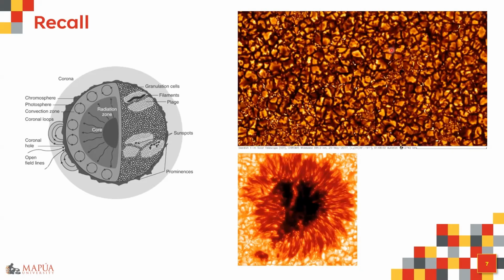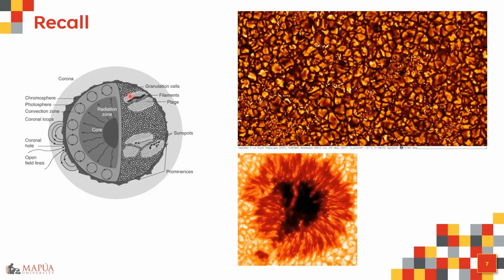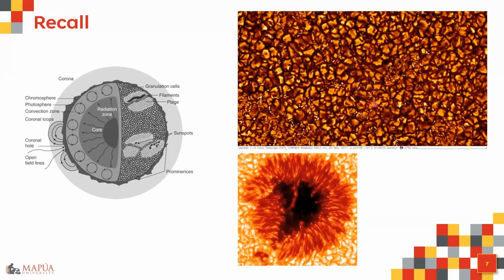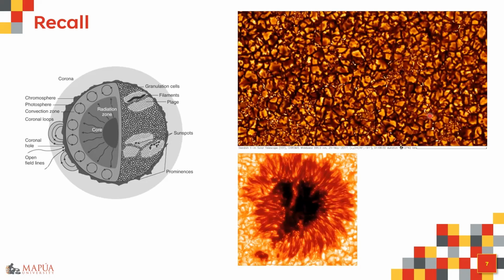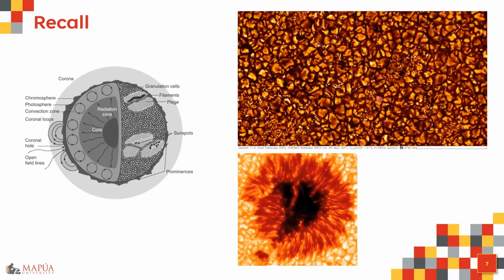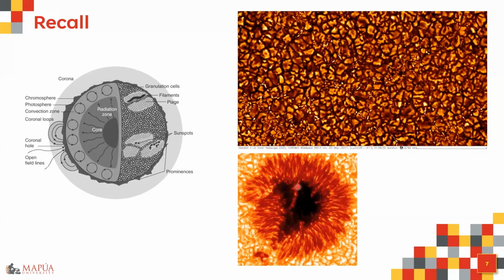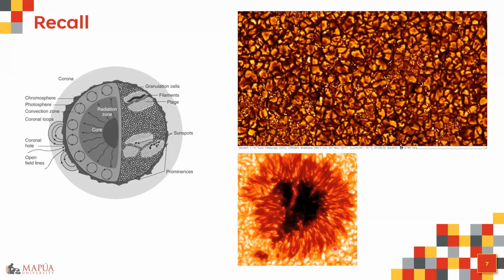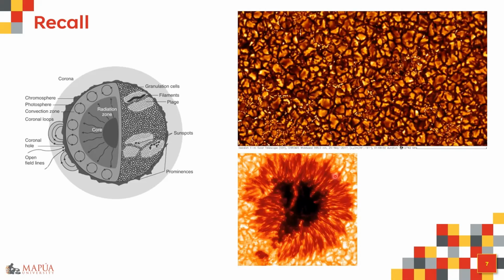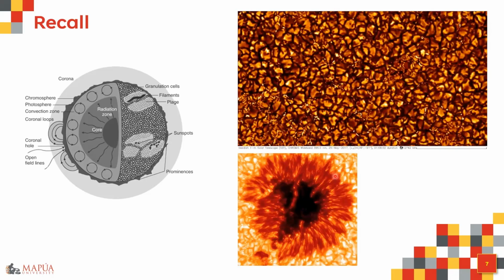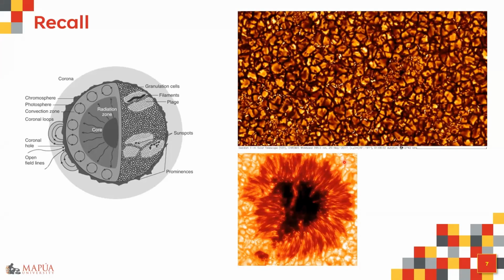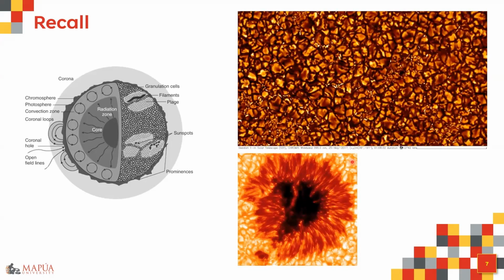Okay, and this is for a regular granulation cell area wherein there is not much activity happening. But if there is activity happening, for example, on the surface of the sun where sunspots are actually present, you can actually see those convection movements.